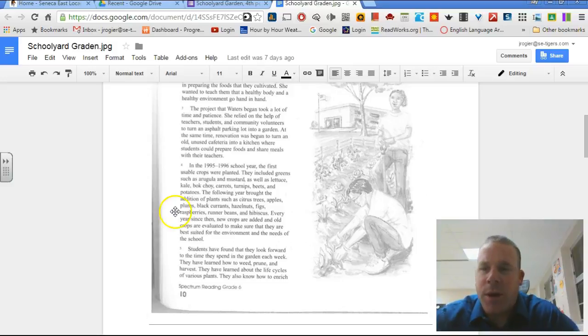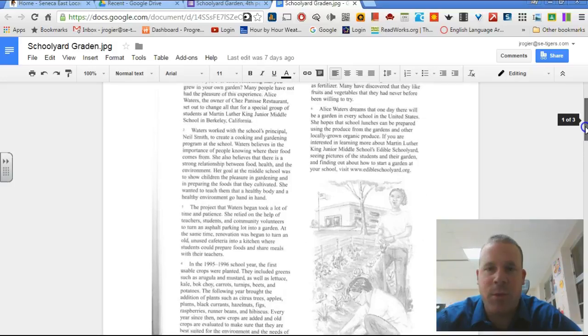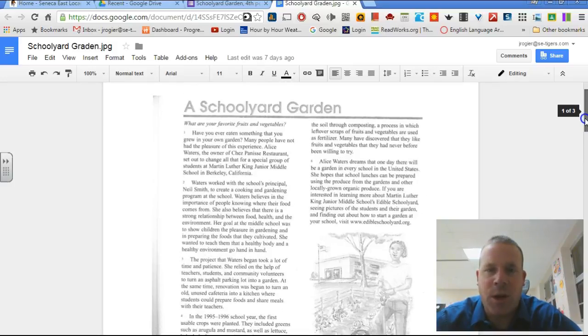So what I had been doing, when kids walked into the classroom, I always had a little walk-in assignment for them to read. You see this one, it's called a schoolyard garden. That was usually a physical piece of paper that they would have to take, read, and then answer questions to, and then after 10-15 minutes we'd go over the answers to the questions,